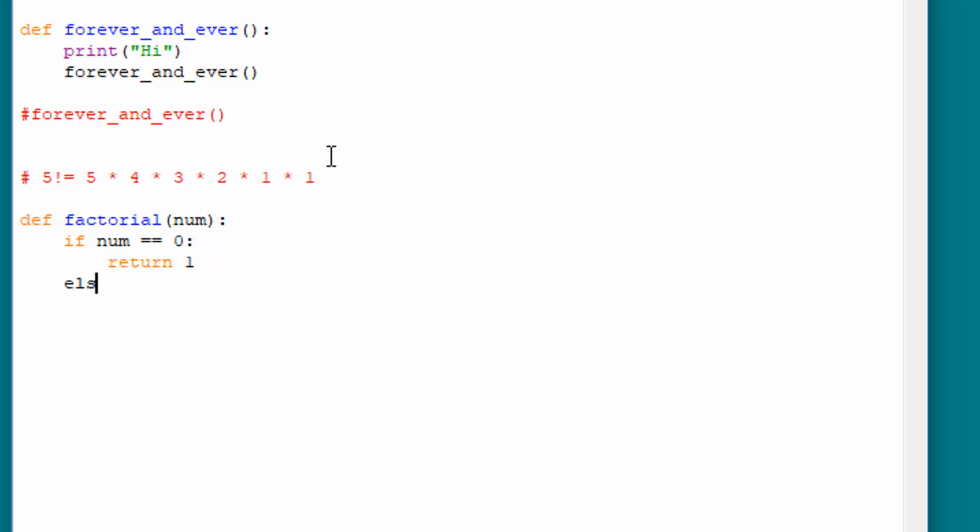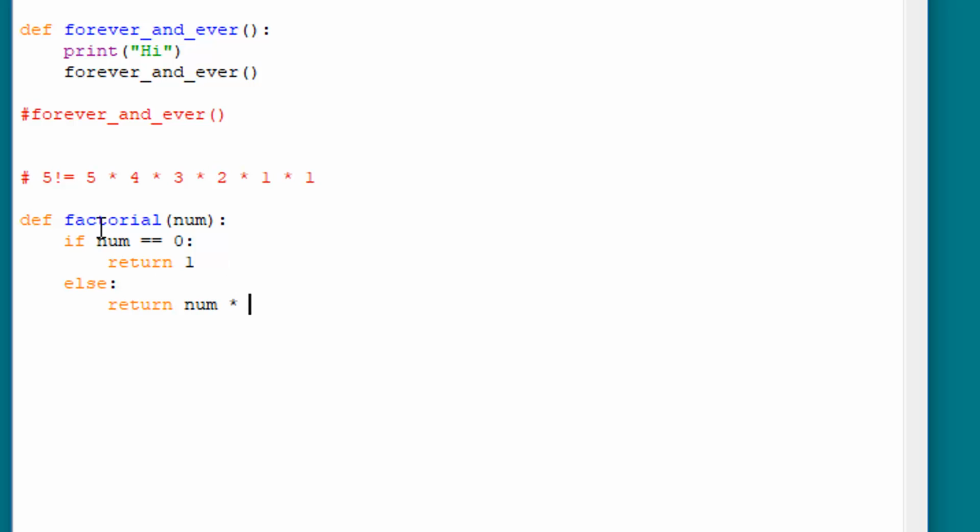So we have else. So this covers the condition here, okay? And so we set up our else condition, which is going to be most things coming through. We return num, which is a number, whatever they sent, if it's 5, 6, 7, whatever, times